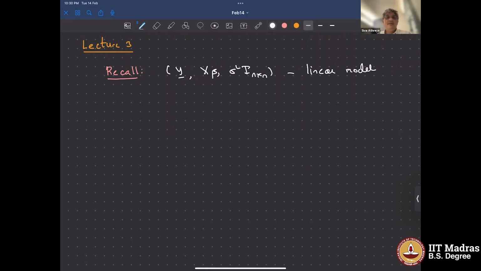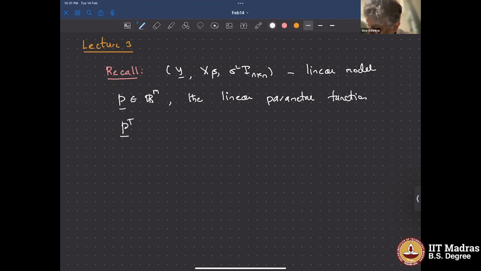Then we remember, from a long time back, you take a vector p in R^m, and I called the linear parametric function P transpose times beta. I said it's said to be estimable,